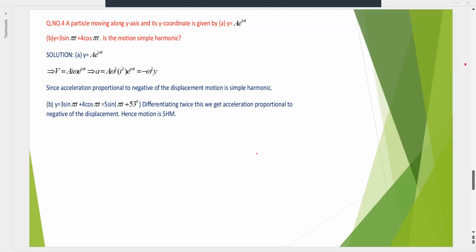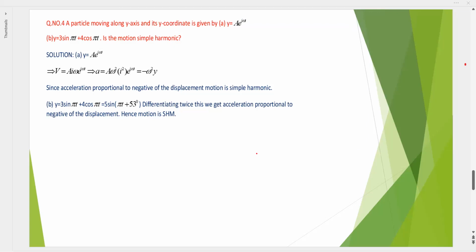Hi students, in this lecture we are going to solve some more problems on SHM. Let us see question number 4. A particle moving along the y-axis, and its y-coordinate is given by,